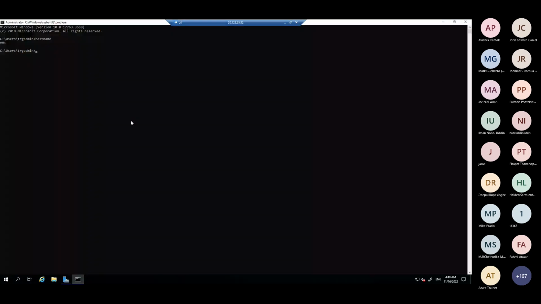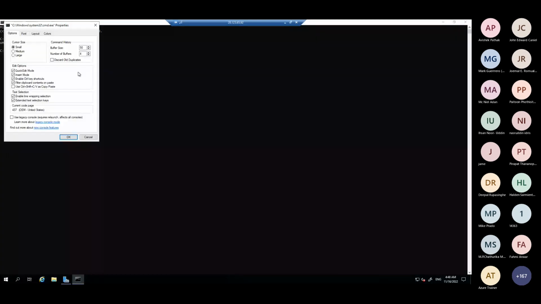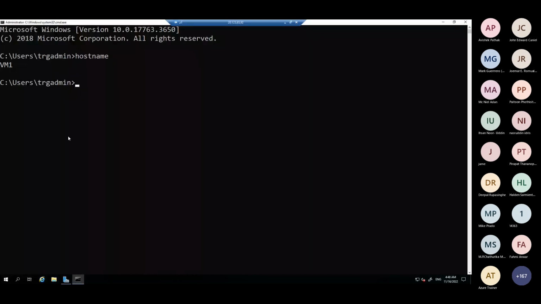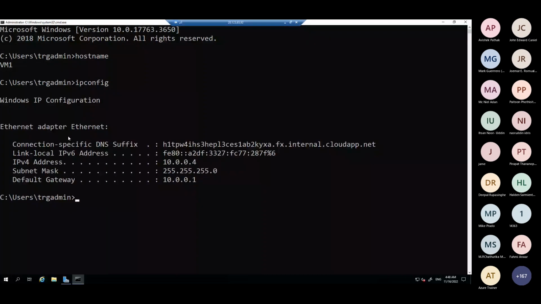This is VM1, the name we gave. Let me maximize. Now, if you check the IP address, you can see it got an IP address from the same subnet, 10.0.0.4. Now, if you go back to the whiteboard,